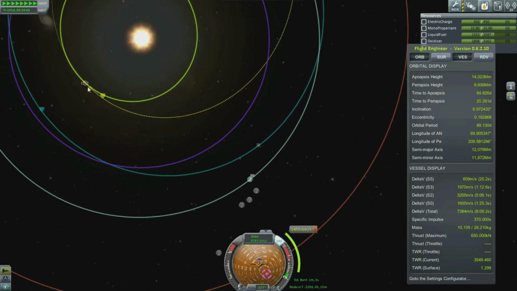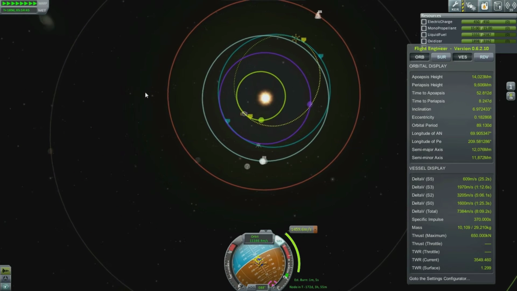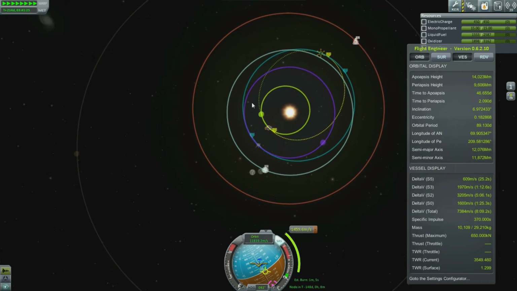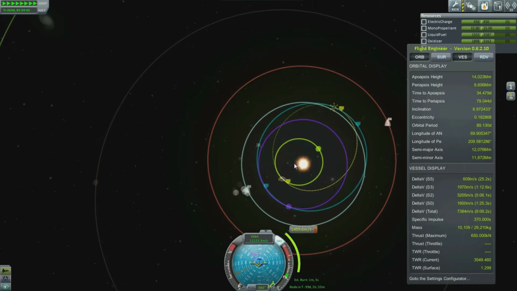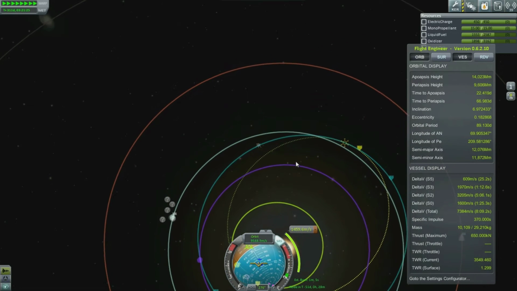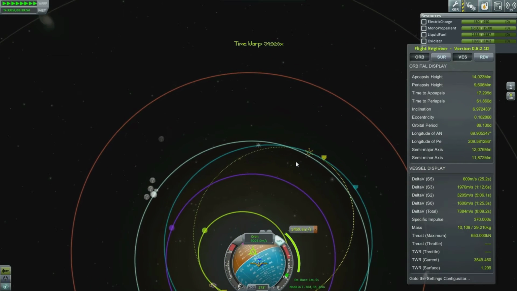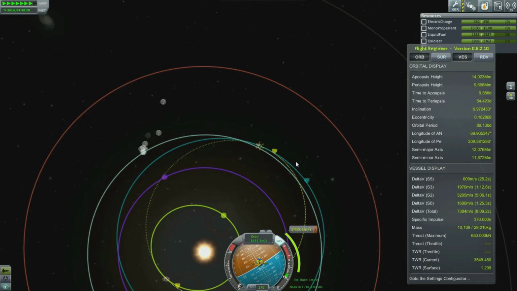you'll do half your burn before you get to the point where you're going to perform your maneuver, and you'll do half your burn after you've got to your maneuver point. And that alleviates any inaccuracies as much as possible. It's basically a more efficient way of performing these maneuvers. So we've done that. Now we just need to get our rocket all the way around to the point where